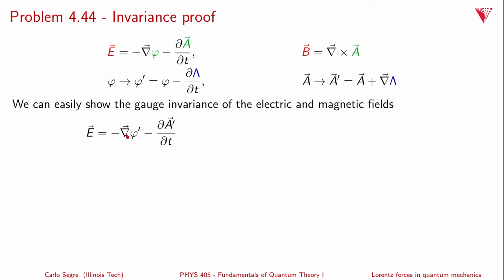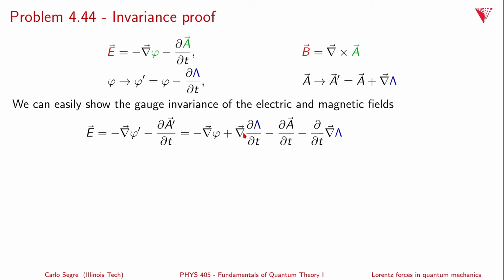E is now going to be minus the gradient of phi prime minus the time derivative of A prime. So we're going to assume that we have the same form, but now we've replaced the gauge transformed potentials. And we want to see if the electric field remains the same. Well, the first thing we want to do is substitute in the phi. So if we substitute in the phi here, and then we substitute in A prime as well, for the first term, minus the gradient of phi prime gives you minus the gradient of phi, and then